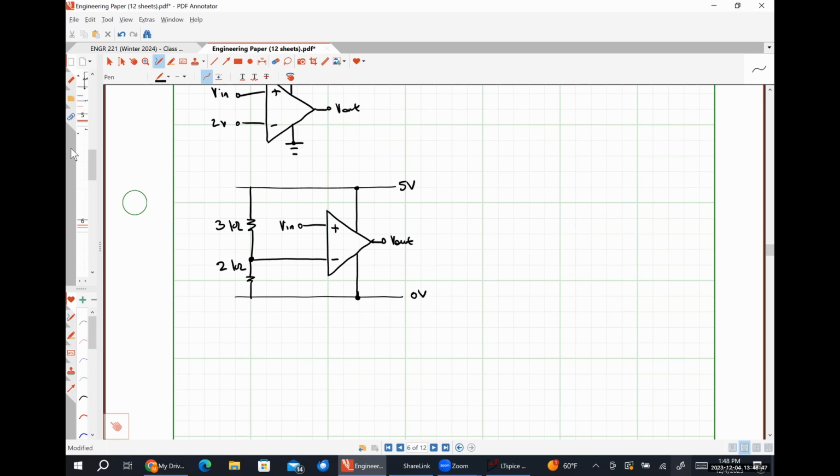Minus 30 volts plus VTH is equal to 0, right? So I have one equation. VX is going to be between here and here, so VX is negative 30. So VTH will be equal to